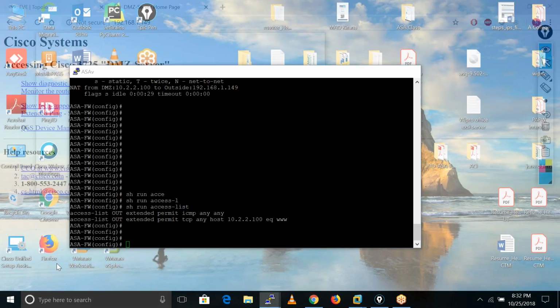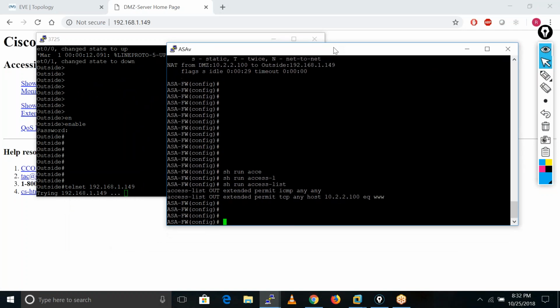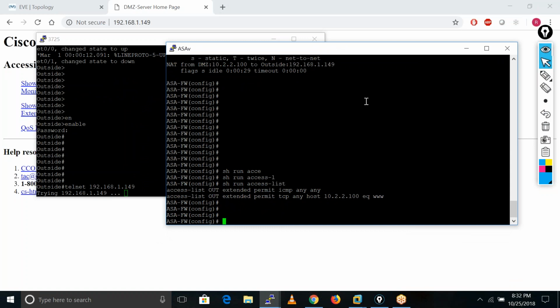So what do I need to do now with the ACL? Anyone, any idea on that? It is being dropped by the ASA firewall, because the traffic is coming from a low security level to a high security level.